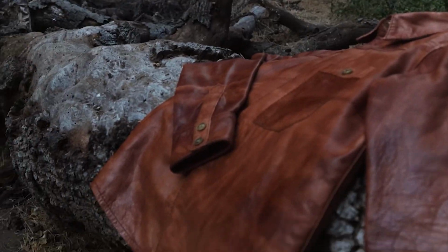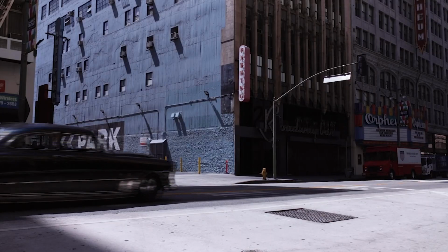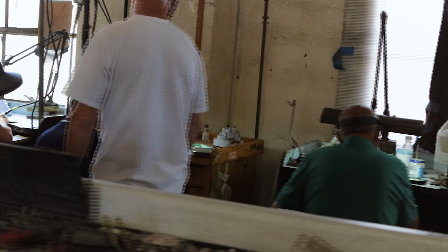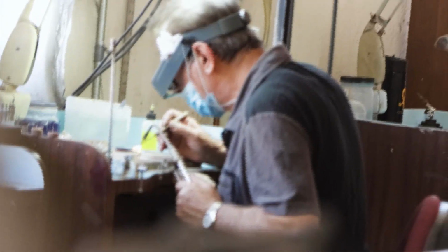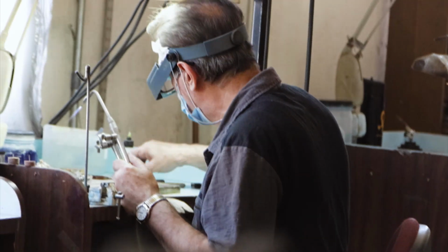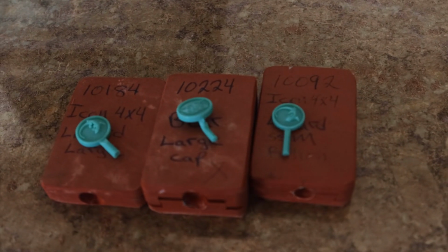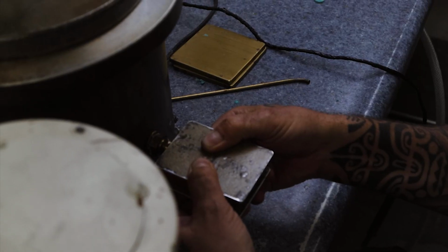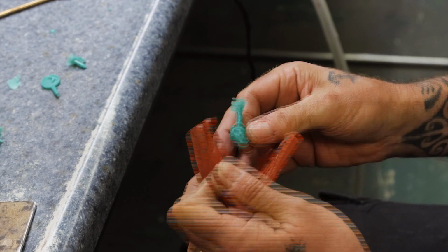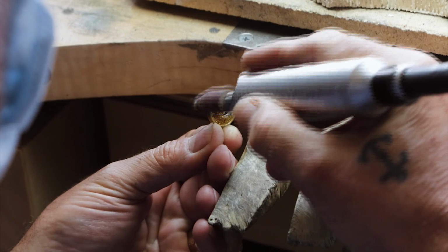decades. We then worked with my friend G, a phenomenal jeweler in downtown Los Angeles, to have the Black Bear and Icon Lizard badges crafted in traditional lost wax casting techniques in solid brass for our snaps. Now this was a bit of old world meets new world techniques because we laser scanned our lizard, then I built the CAD files from which we created the wax molds into which the brass gets poured